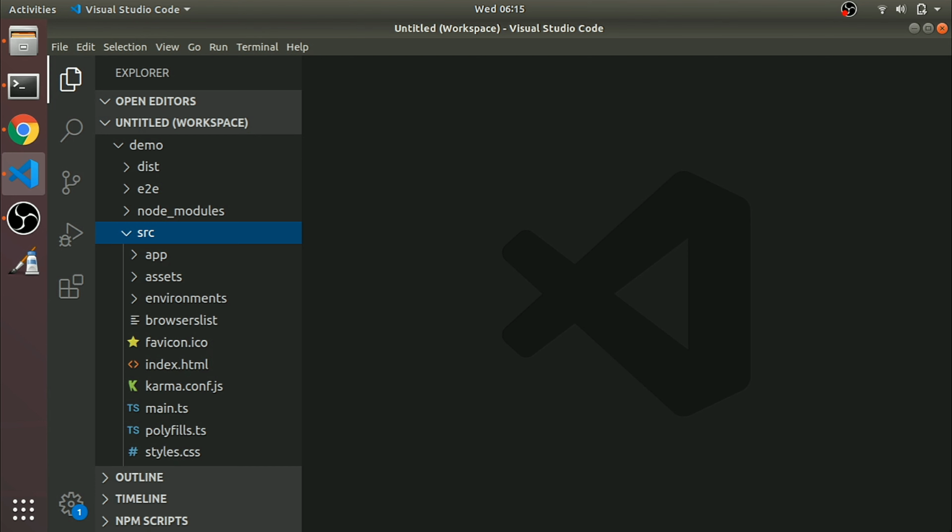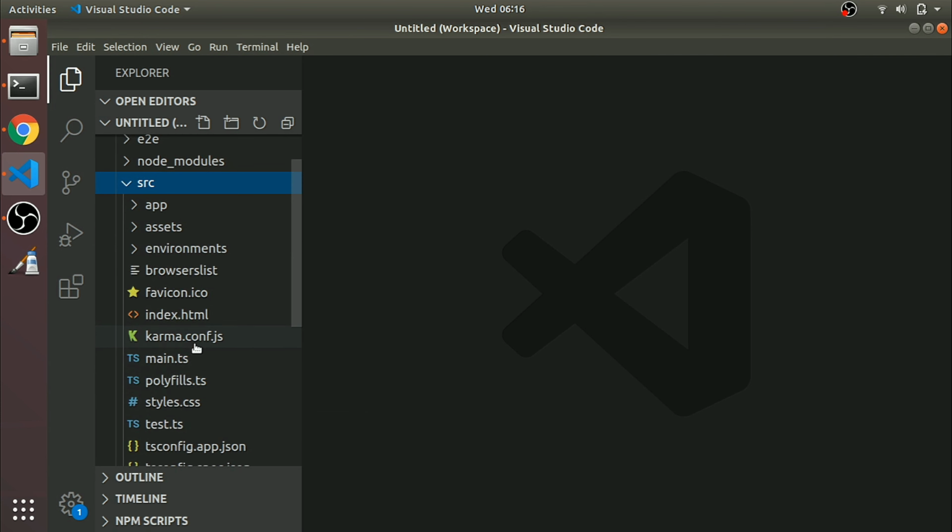Favicon, the small icon that comes in the top left of the browser tab, and index.html is the main file. This will load first. Then karma.conf, this is the unit test runner file. main.ts will be the entry point to our Angular application.